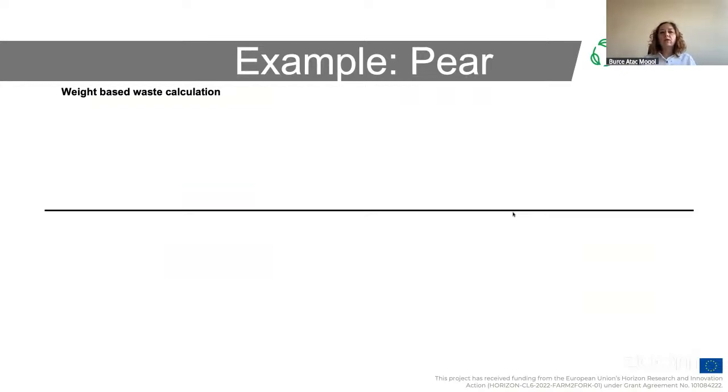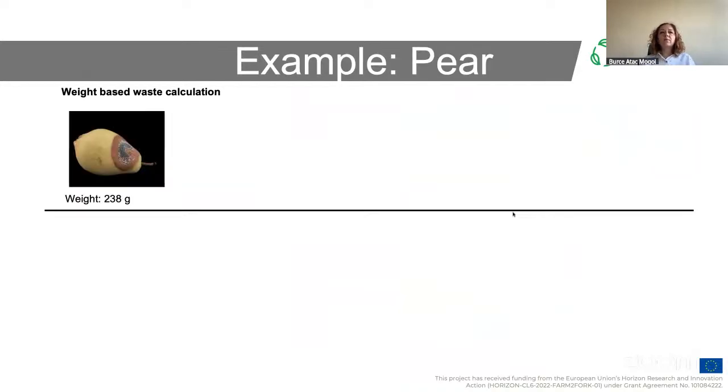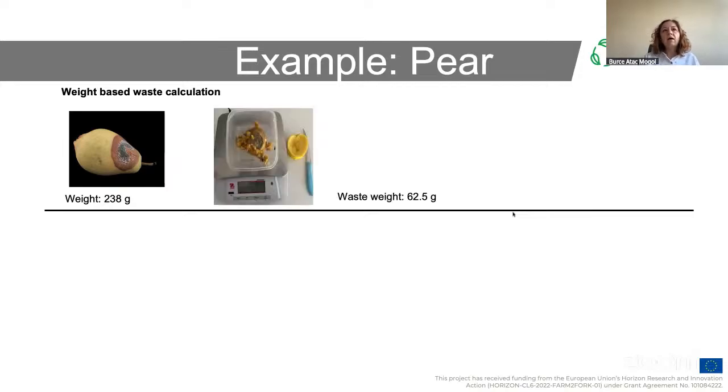And what we do is a weight-based waste calculation. So for example, we have this pear and its weight is around 200 grams. We weigh it and we take the picture of it for the next step. After that, we cut off the rotten part, like you would do, and then we measure the weight of the waste. Then we calculate the waste percentage in this pear. And in this case, it corresponds to around a quarter of the pear that has gone bad. So it's just 26